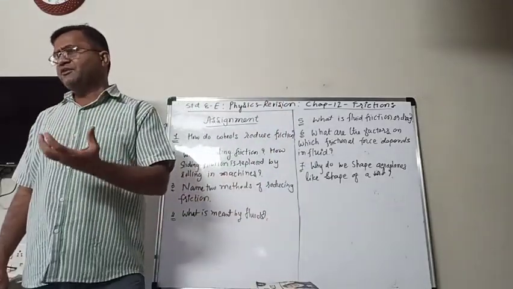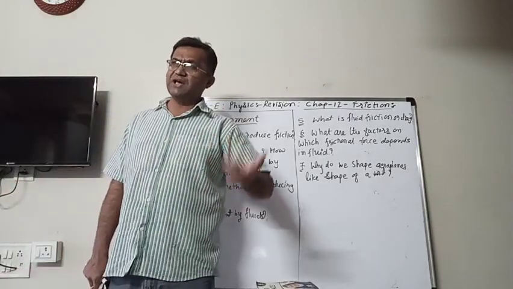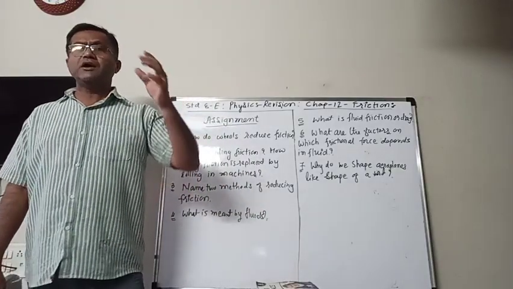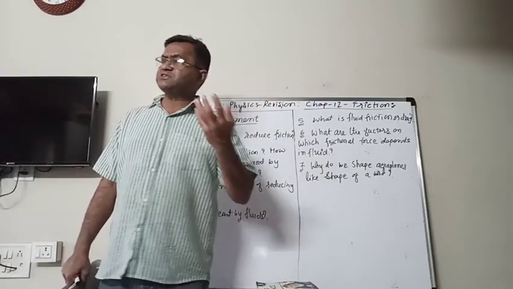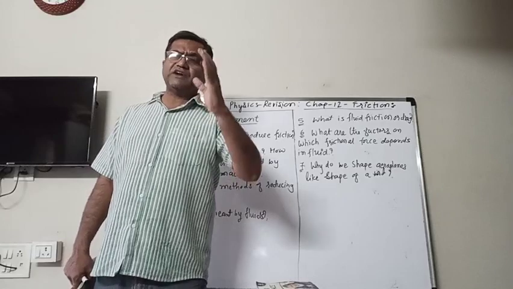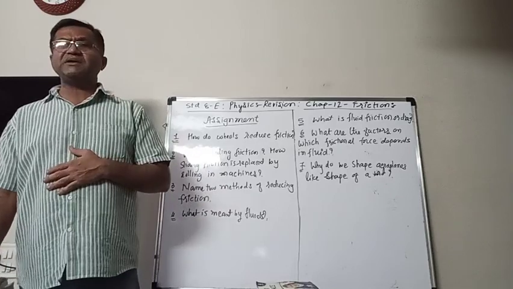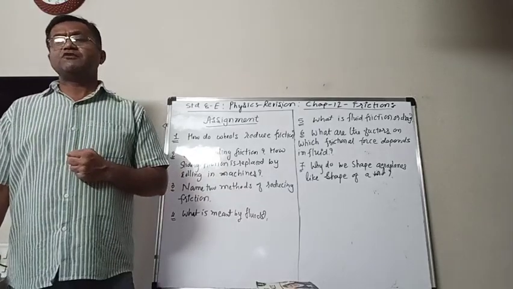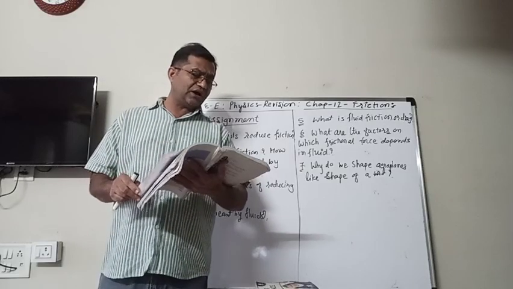We know that if we want to move a boat in the water, it does not go by itself. We have to use something to push the water, and because the water also exerts frictional force on it, its surface and shape are made a special type. Similarly, aeroplanes also have a special type of shape, which is known as aerodynamic.